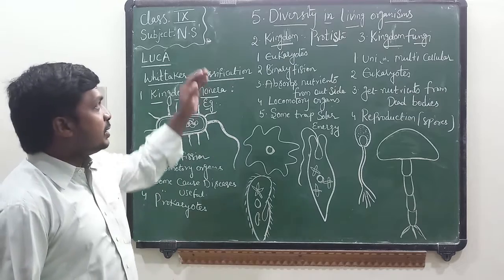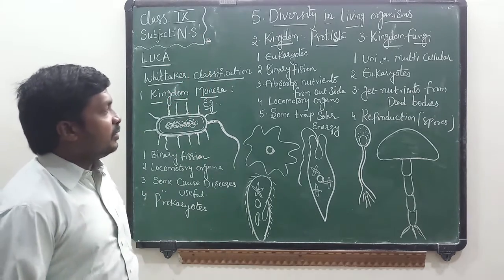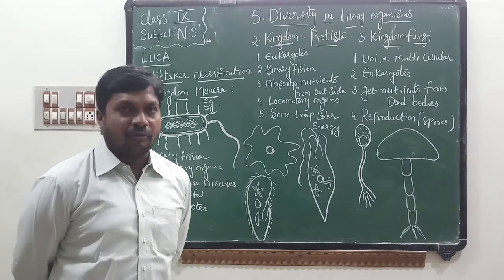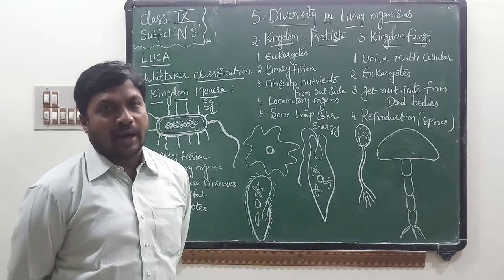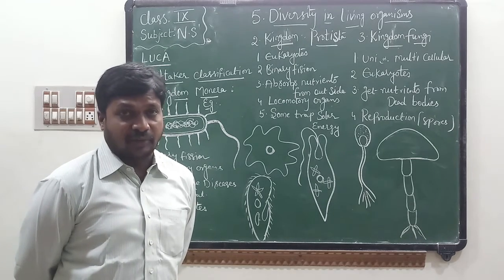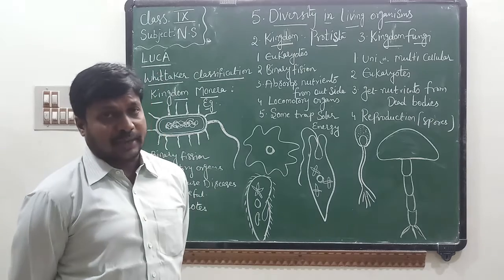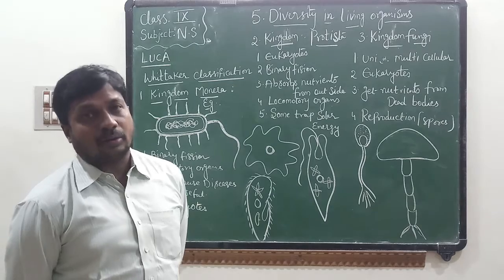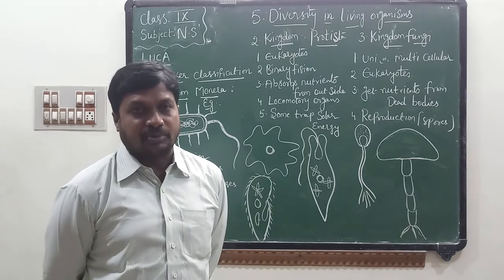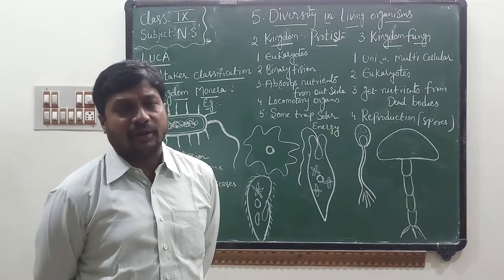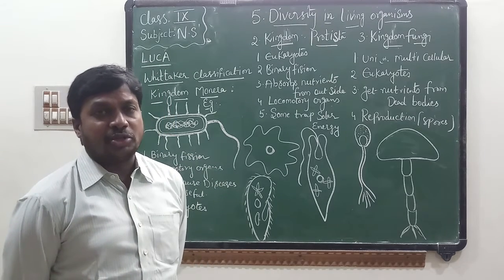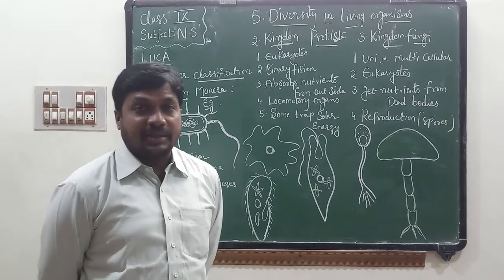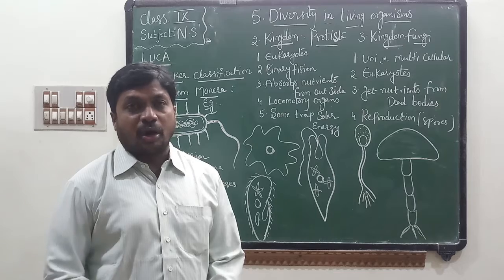In the previous class, lesson 5 in NS subject, Diversity in Living Organisms, I explained about variations in plants and variations in animals, and also the need for classification in living organisms. I also explained about different scientists who worked to classify the different types of living organisms. First one is Charles Darwin. He wrote a book known as Origin of Species. In that he explained natural selection is the process which helps in the origin of new species.